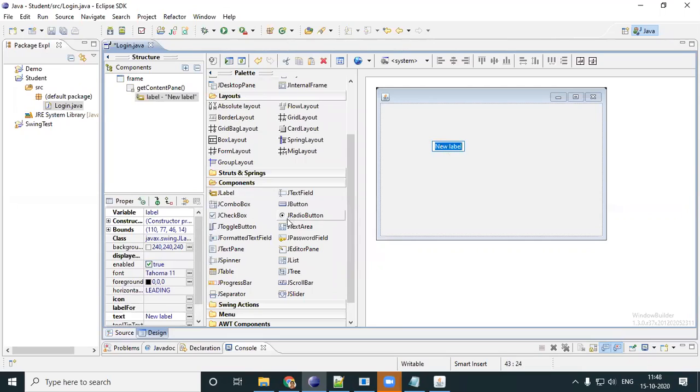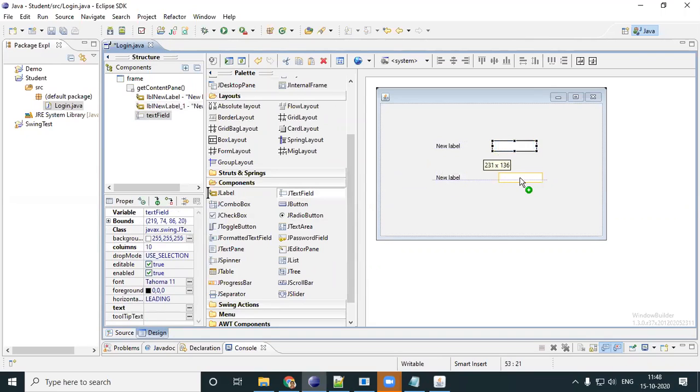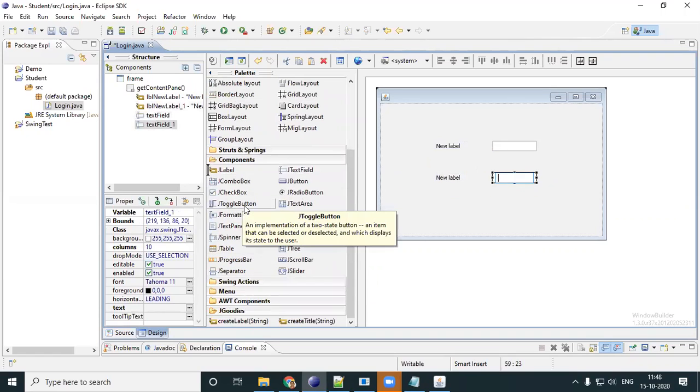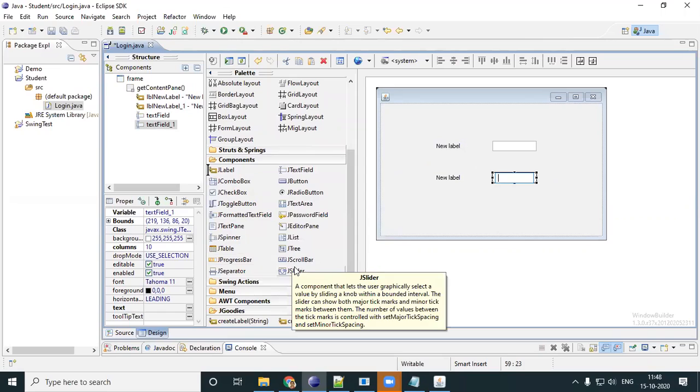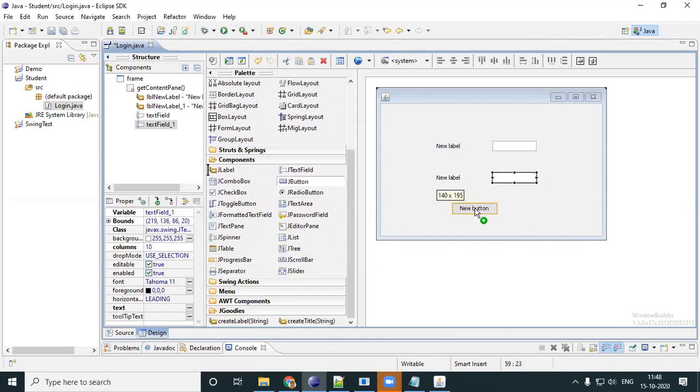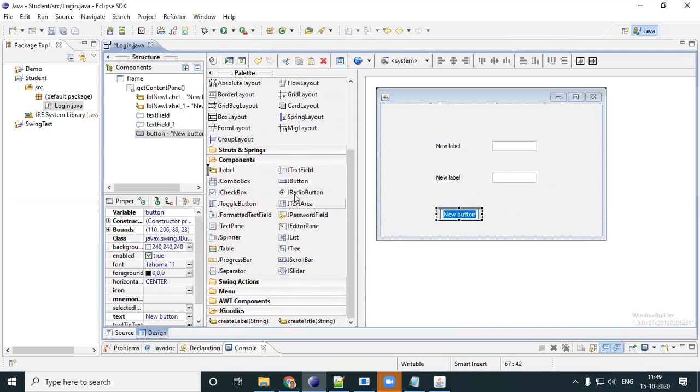I'll have two labels, in fact, username and password. I need a username and a password. I'll need two text fields. One is to enter the username and one is to enter the password. I will need a button for login. Where is the J button? Yeah, I'll have two buttons. I'll have one for logging in, and then I'll even have another button for, let's say, exit or something.